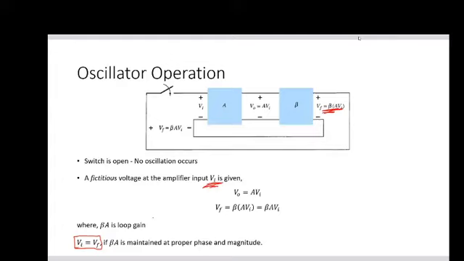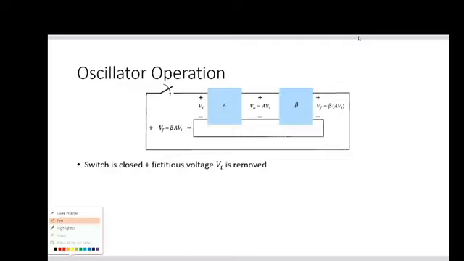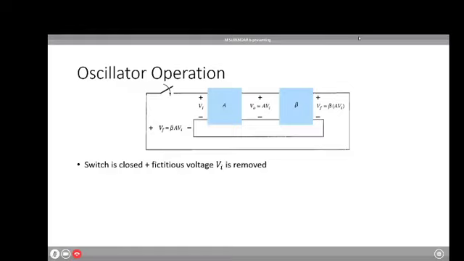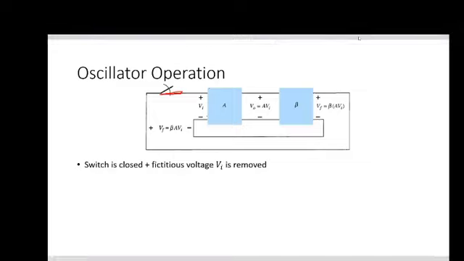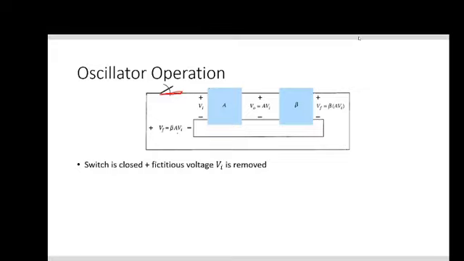When I move to the next slide, the same circuit. What happens when the switch is closed? That's what we are going to see here. When the switch is closed, and this fixed voltage VA is removed, that means you have given a fixed voltage and you have taken that away, what happens is